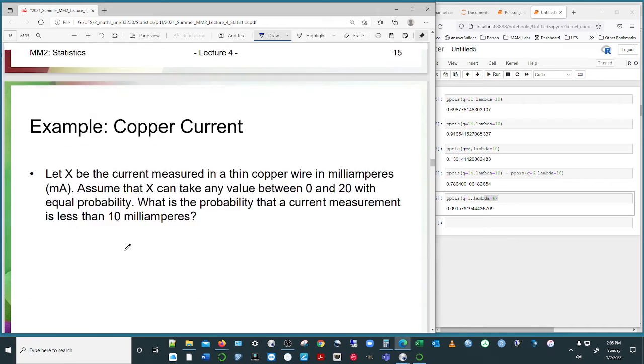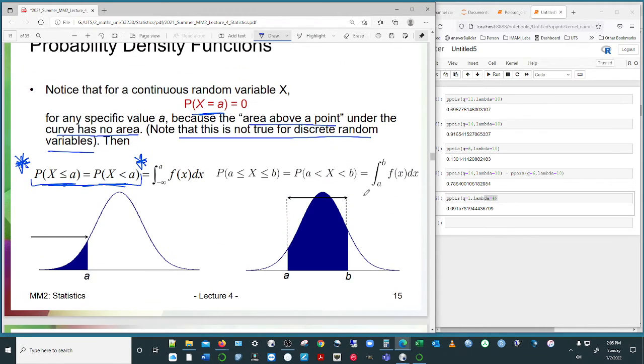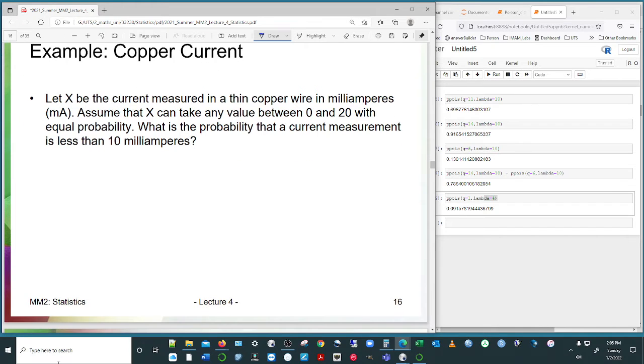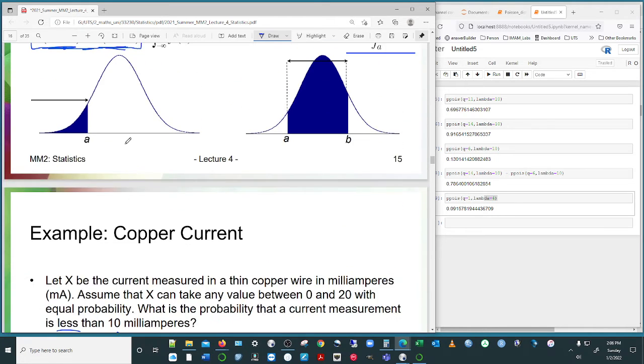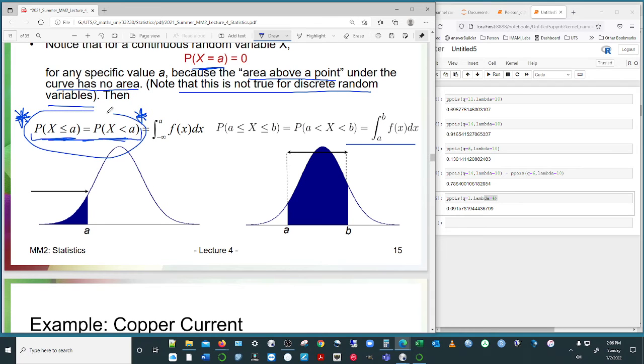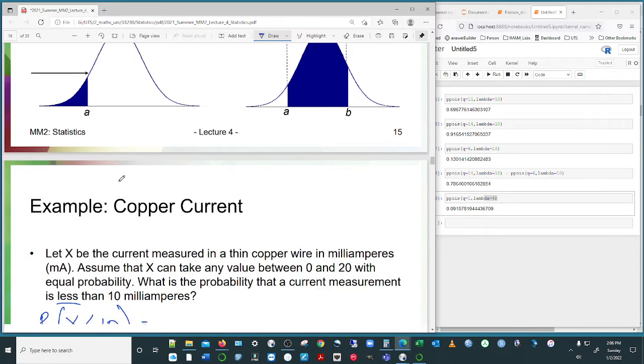So in actual fact, I'm going to apply this definition to compute the value. Okay, so I'm just going to do an integration and express it in terms of a probability. Now again, I don't want you all panicking and thinking, oh my god, we're going to have to do all of it. No, let's just get used to it. Okay, so we want less than 10. Because it's a continuous distribution, we're not going to make a distinction between less than or less than and equals to. Ta-da! Okay, we're just going to go with what's in front of us.